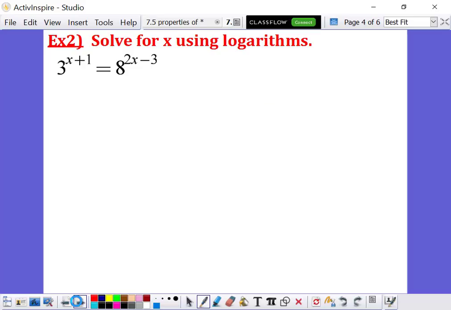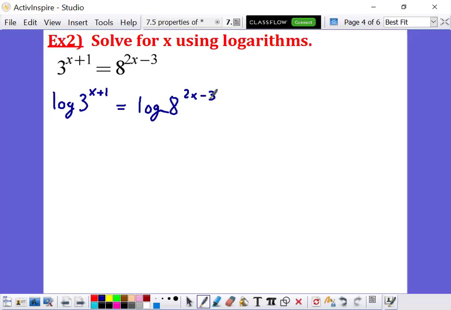Okay, example 2 is solve for x using logarithms, but here what's changed is we have x's on both sides of our equal sign. So this is going to be a problem that we're definitely going to want to take the log of both sides. Okay. Remember what we just talked about. Mathematically speaking, you can take the log of each side of an equation just so long as you use the same base on both sides. So base 10 is by far the easiest base to use. So if we take the log of both sides,